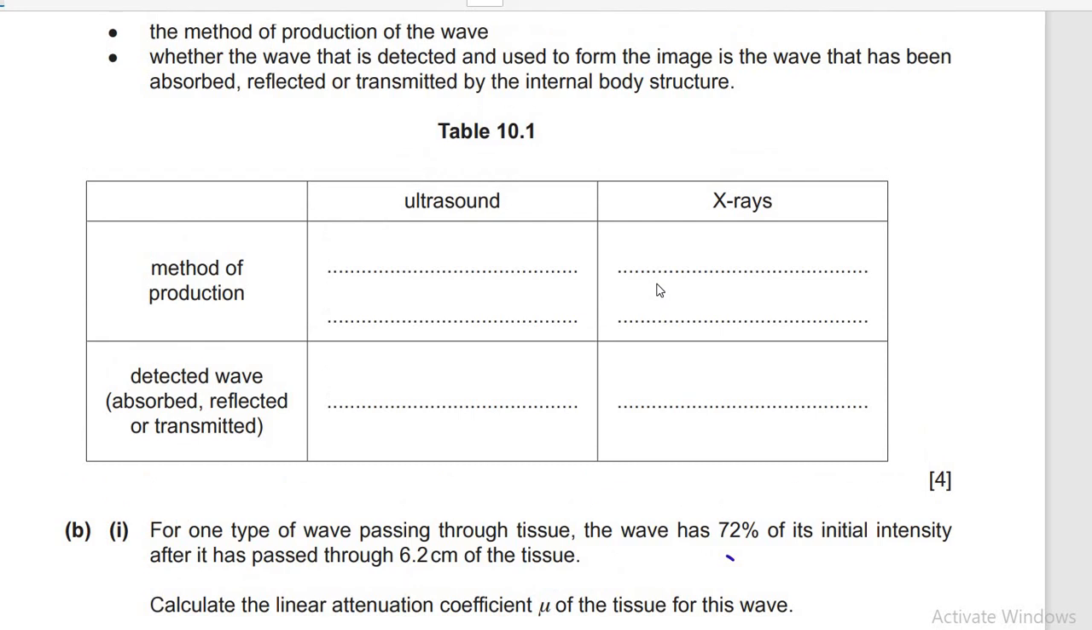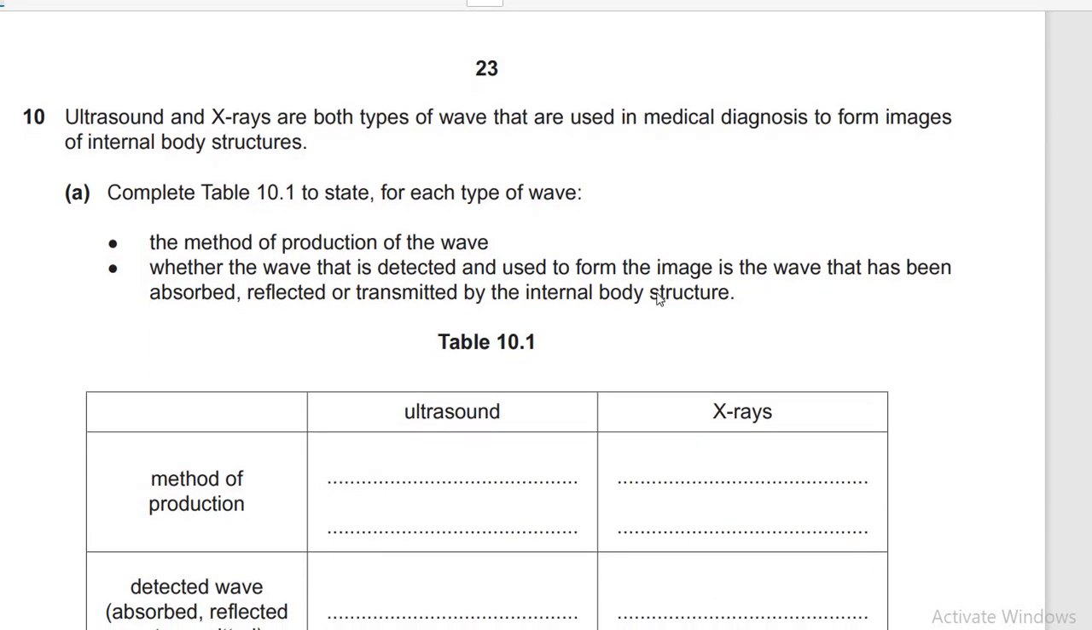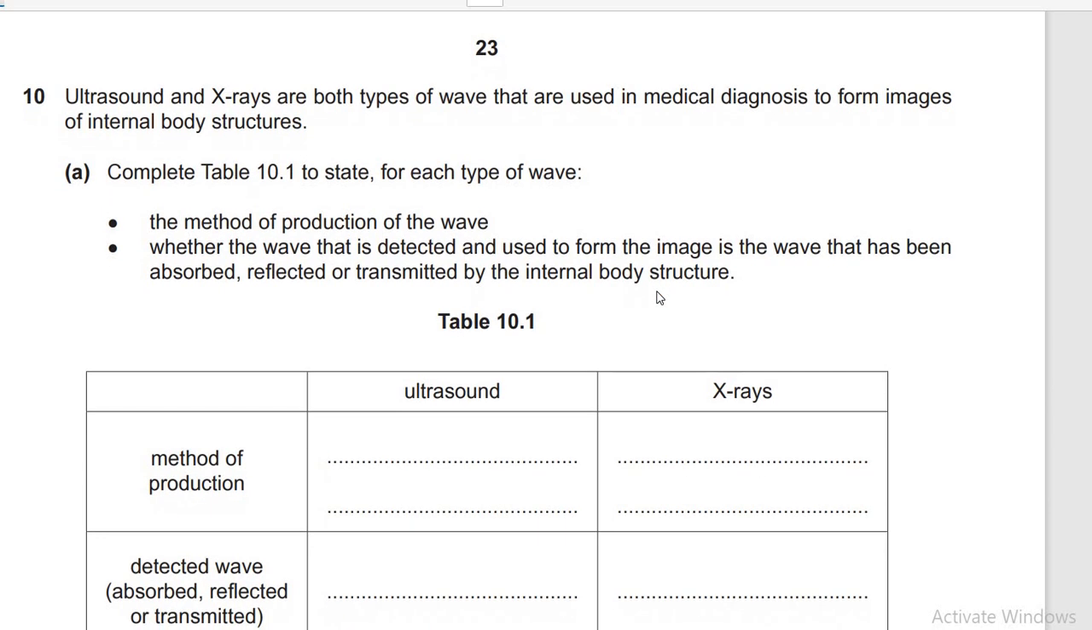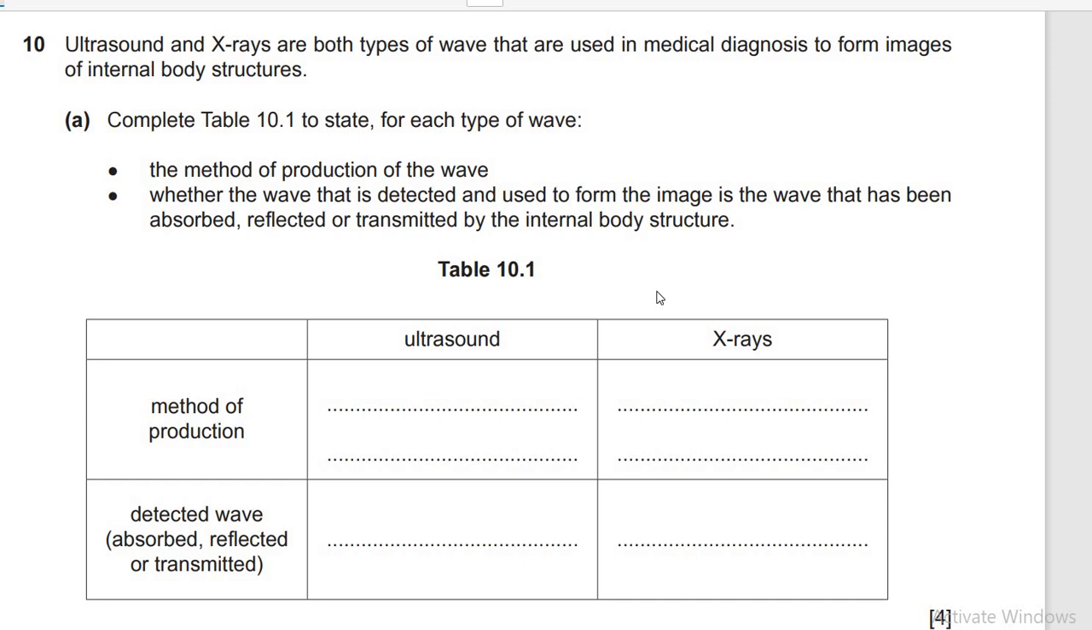Number 10, the last question. Ultrasound and X-ray are both used in medical diagnosis to form images of internal structures. Complete the following on the method of production. How is ultrasound produced? Short answer: applying an alternating PD